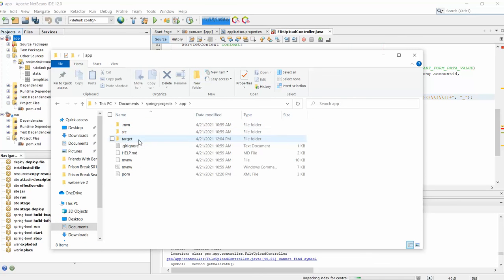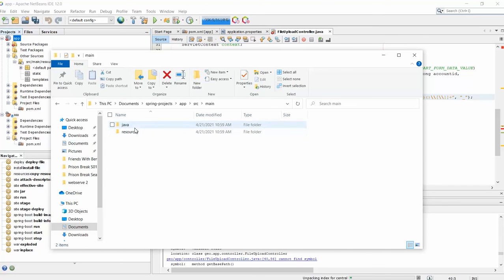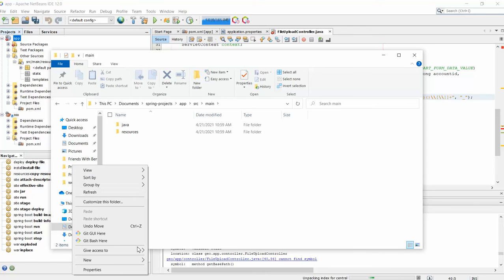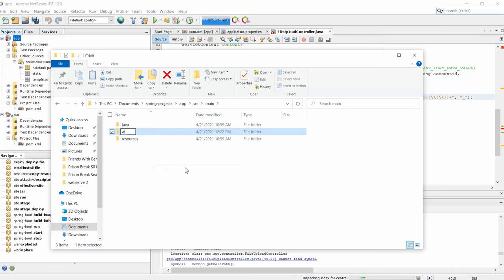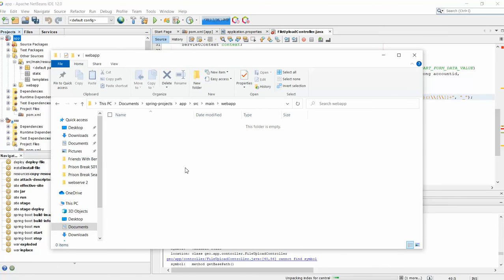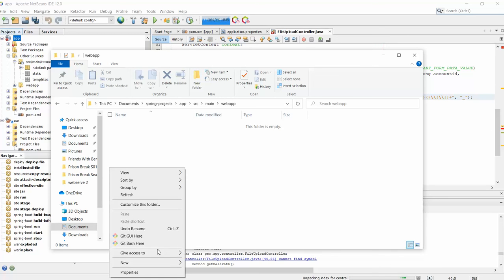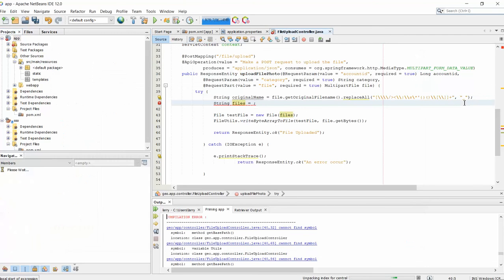Let me check here. I used to have another directory structure where I will put it. I just want to show you the file organization, how we organize the files. What I normally do is create a folder here, I'll call it web app. Inside the folder, you may decide to create another folder there if you like, or maybe when you go to the application you do that too. Because if you reload your application now,